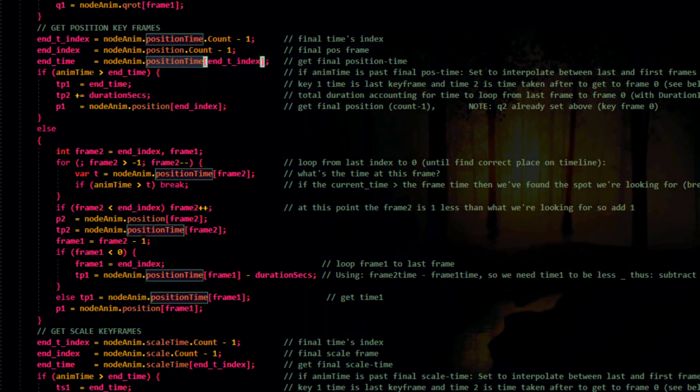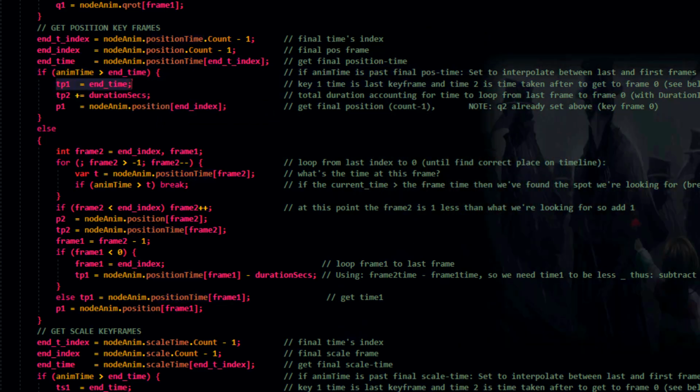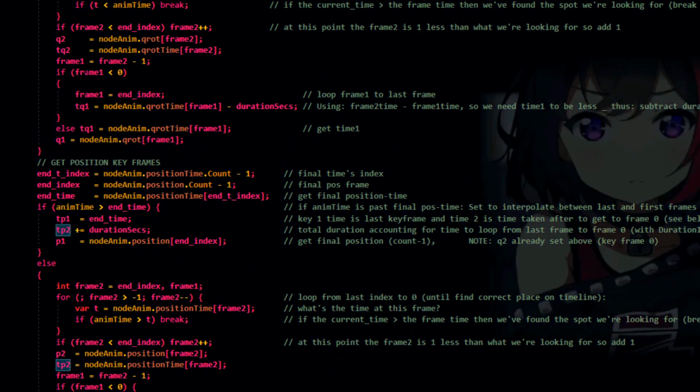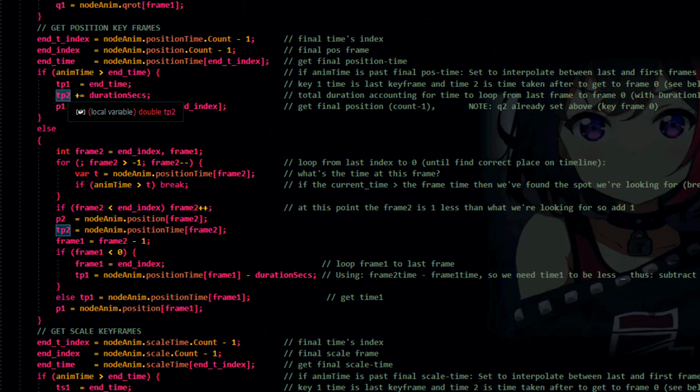If the animation is beyond the end time, then we want to loop it. So again, keyframe time for position 1, or keyframe 1's position, is going to be the end time. This one, as you may remember, is already initialized up here to be for frame 0. So we add on the duration in seconds, and that should give us some time that's slightly after this end